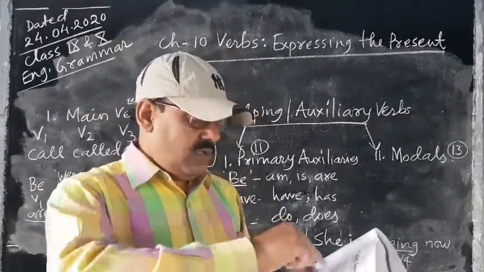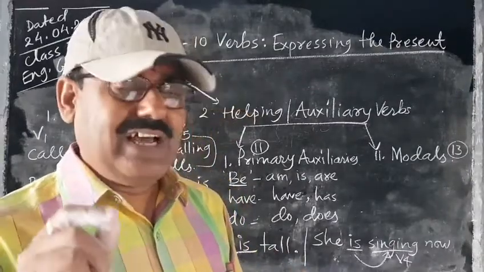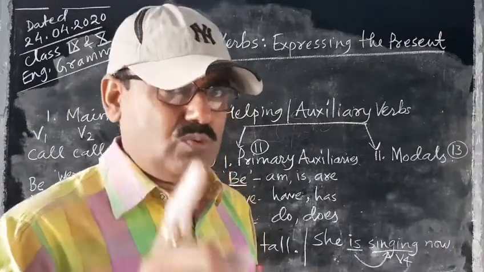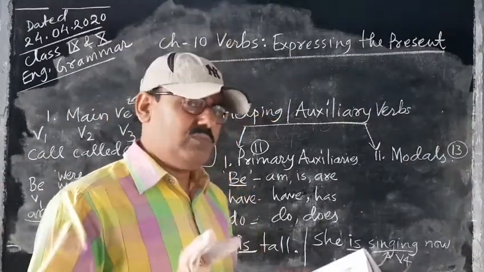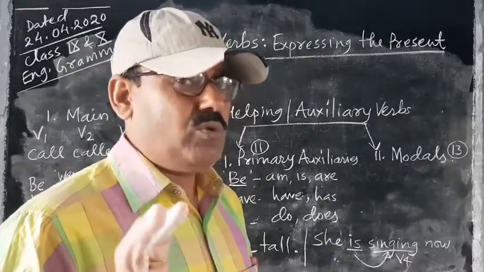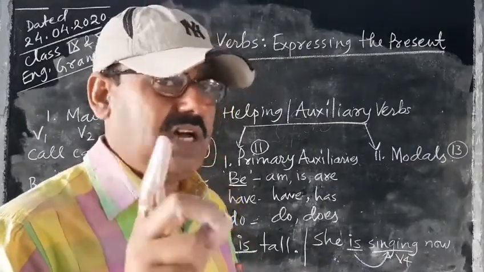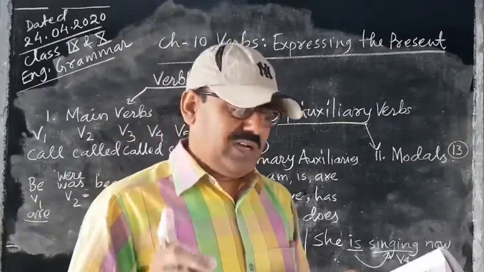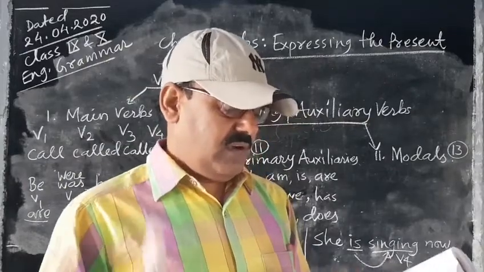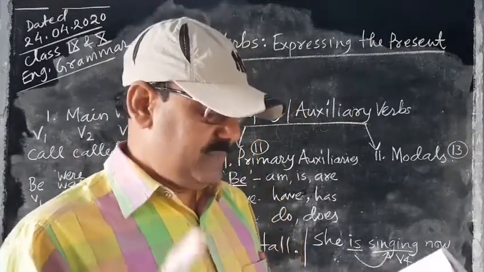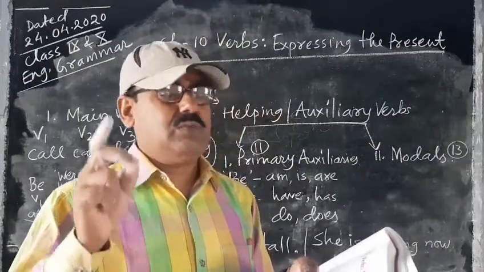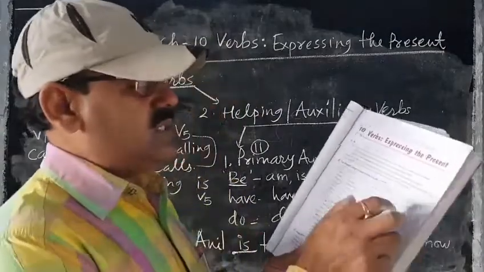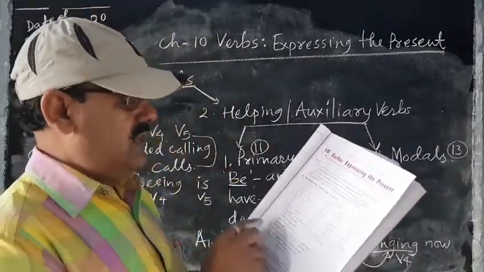Now here you can understand the fact that "are" is the form for plural subjects, "is" is the form for singular subjects, and "am" is the form for the personal pronoun first person singular number I. So am will be followed by I, are will be followed by plural subjects and the second person singular subject, and is will be followed by any third person singular number subject. Okay, now you can study it in the book and understand.